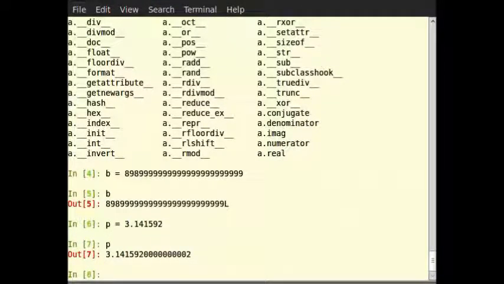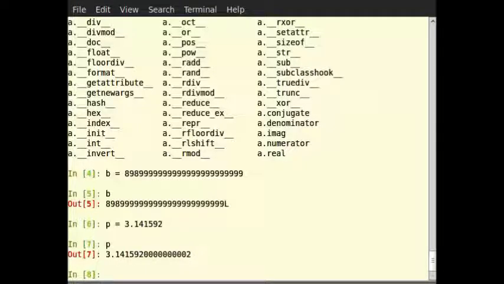If you notice, the value of the output of p isn't exactly equal to what we typed. This is because the computer saves floating point values in a specific format. This is always an approximation. This is why we should never rely on equality of floating point numbers in a program.